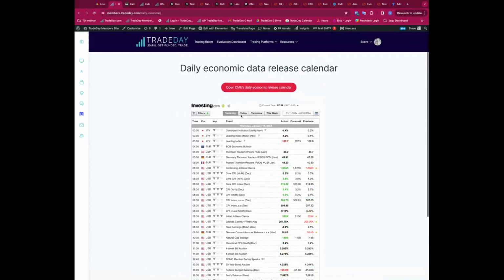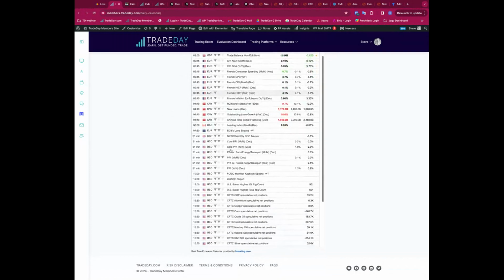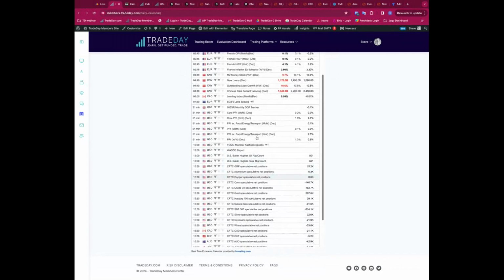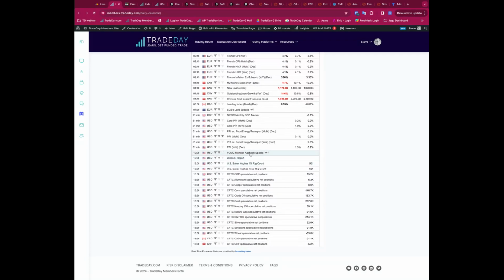So going back to looking into today, we do have that PPI data. The PPI data is really the poor cousin of the CPI data. Unless it's very out of line with expectations, it's unlikely to have a significant impact. As it gets released, it can have an impact, but after that, it's probably going to have less of an impact. And then at 10 o'clock Eastern time, we have Kashkari on the wires.